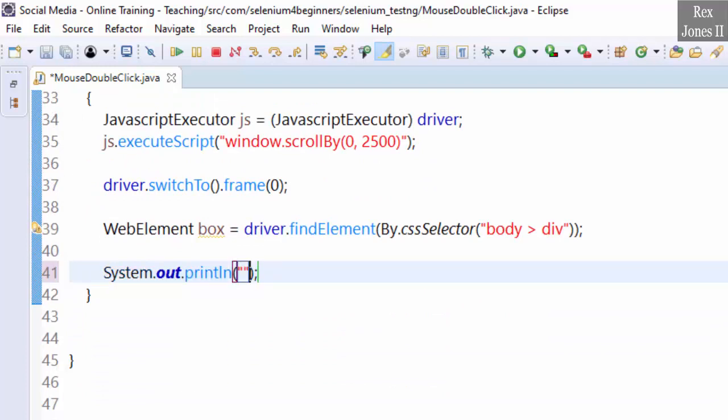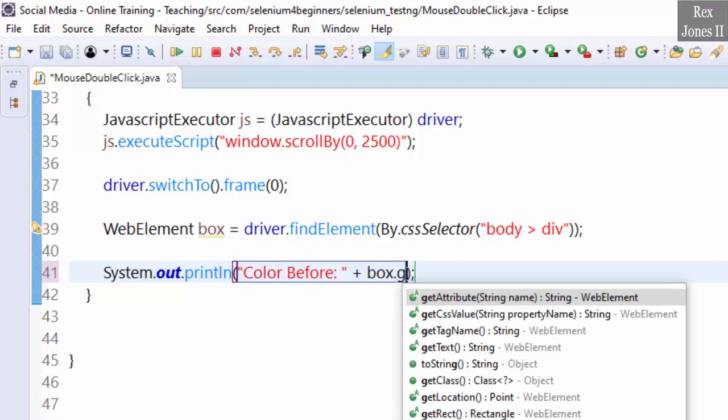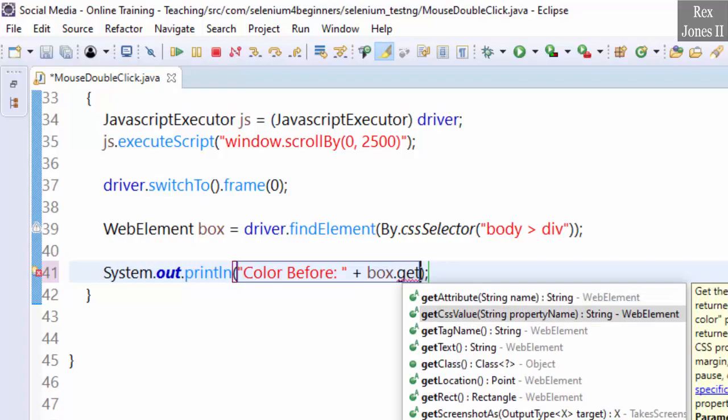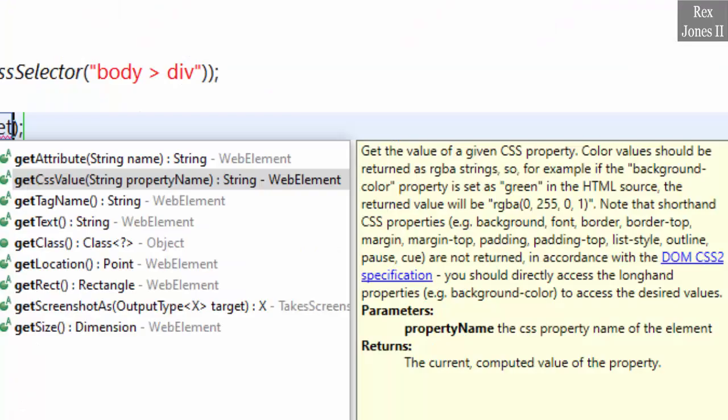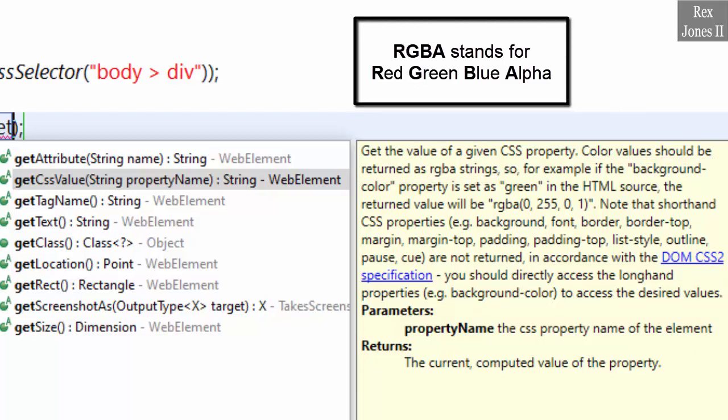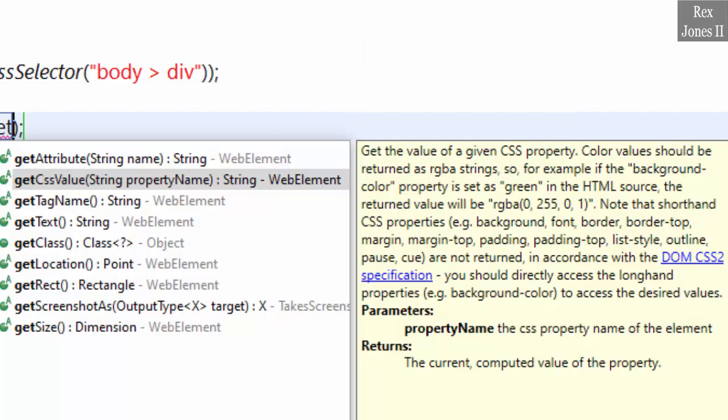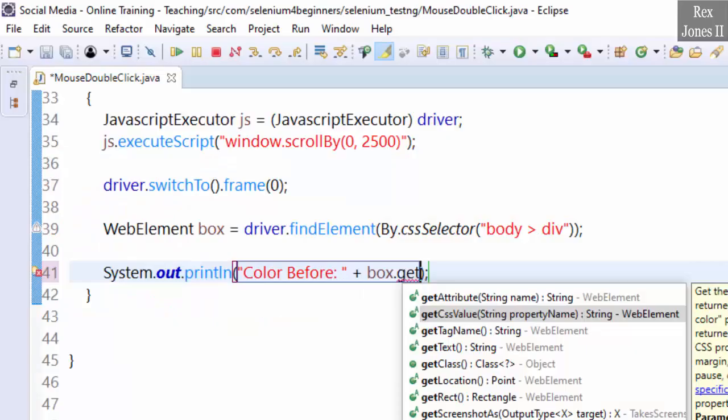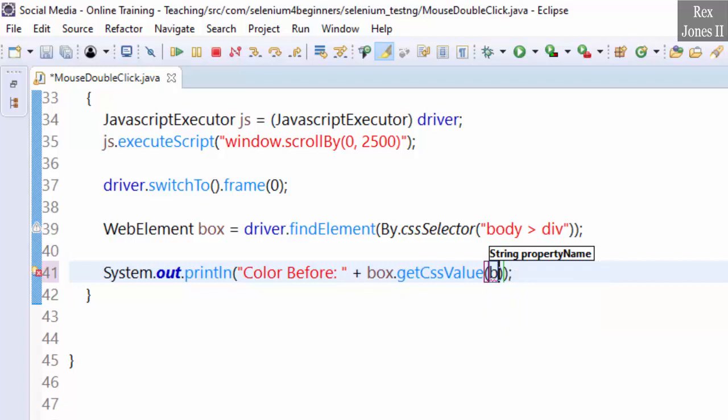Sys out, color before, box dot getCssValue. We see the description shows color values should be returned as RGBA strings. RGBA stands for red, green, blue, alpha. It's a 4-channel color model. The parameter property name is background color,